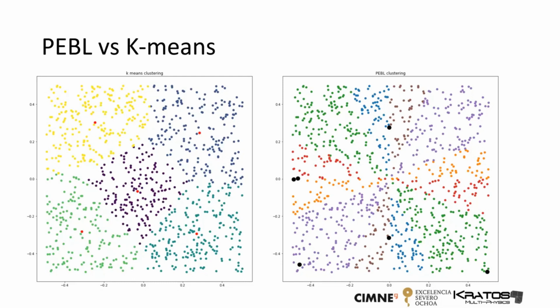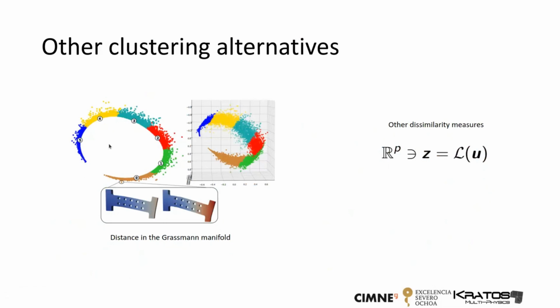There are many other ways to do it. For example, I'm showing here another alternative, which is the distance in the Grassmann manifold. So this is another approach that has been proposed by some group in Safran, and we are visualizing here using the multidimensional scaling. But basically, it's the distance in the Grassmann manifold. Or you can even choose another dissimilarity measure. Let's say I don't want to cluster on the snapshots, on the solutions, but on a quantity of interest. So they are similar because they have a similar quantity of interest, and I cluster them together. Well, that's the alternative, how to make the clusters.